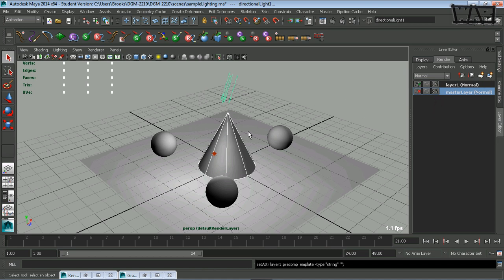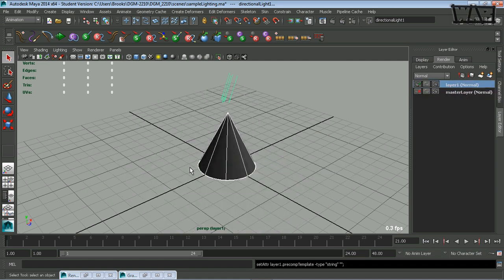Okay, so I selected both of them, then I come up here inside the render tab of the layer editor, and I click on this create new layer and assign selected objects. Okay, then I select that layer, and you can see that everything disappears except for my directional light and that cone. Okay, now if I were to render,